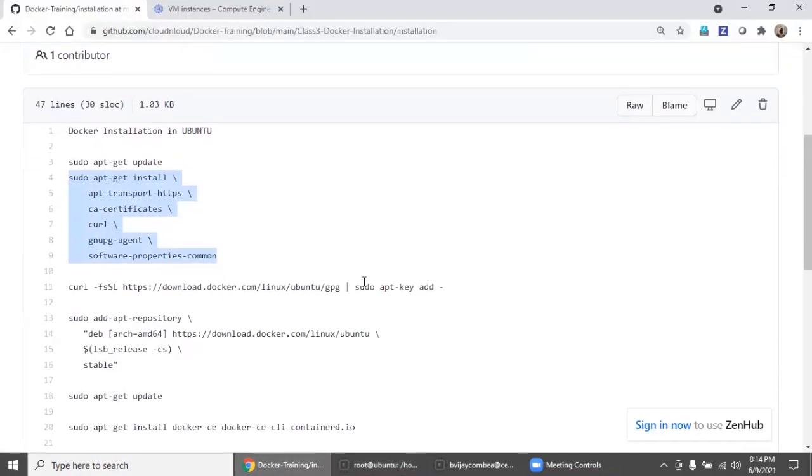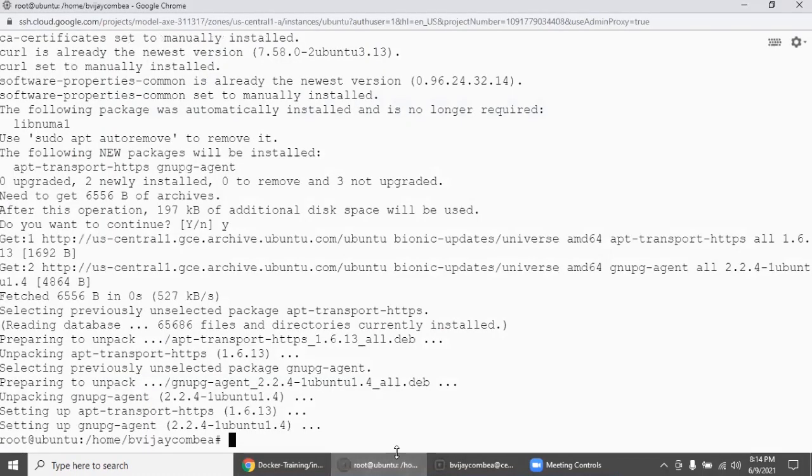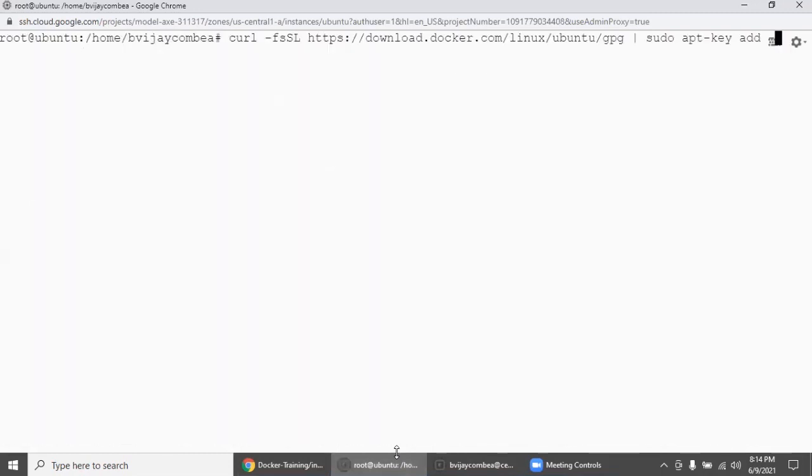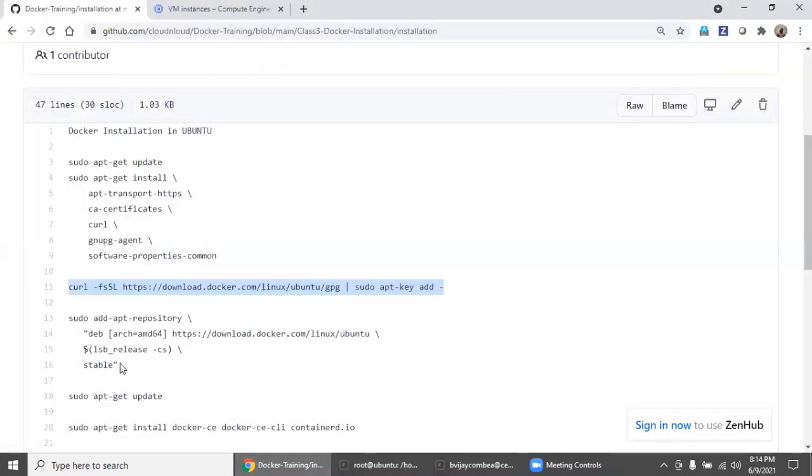Once it's finished, then you need to add the package key. Without this GPG key, if you try to install the package, it will throw an error. So the key has been added.